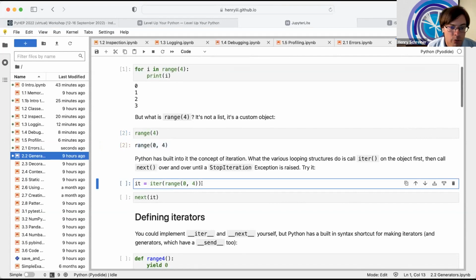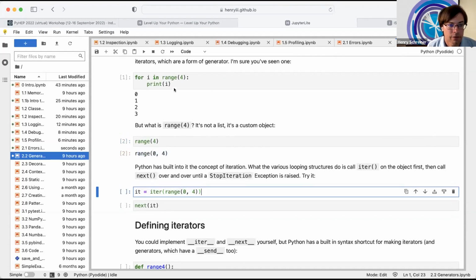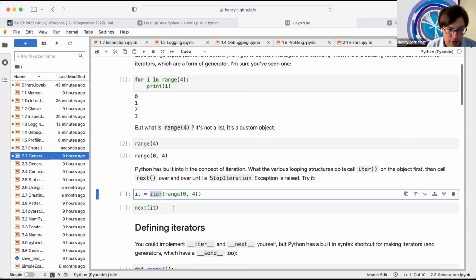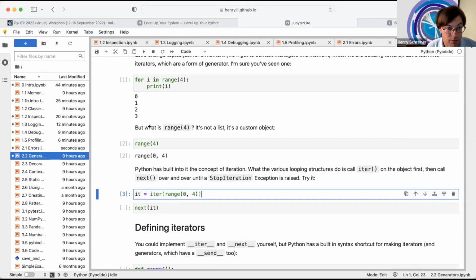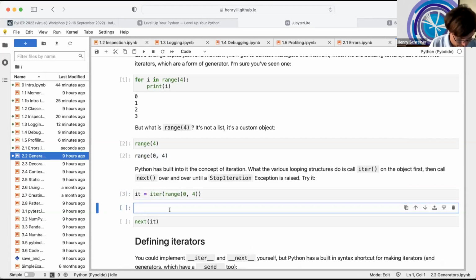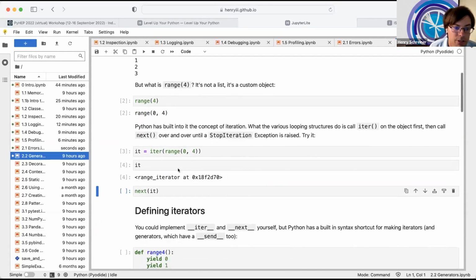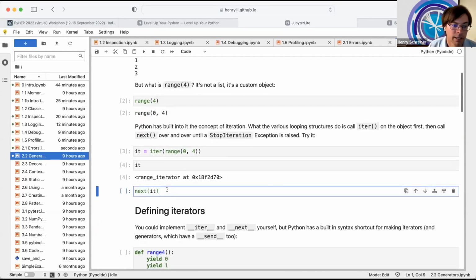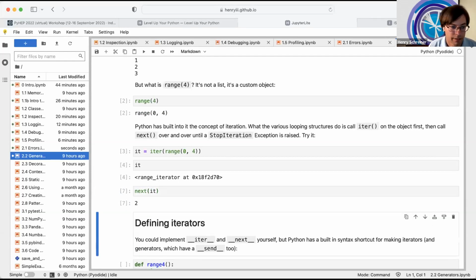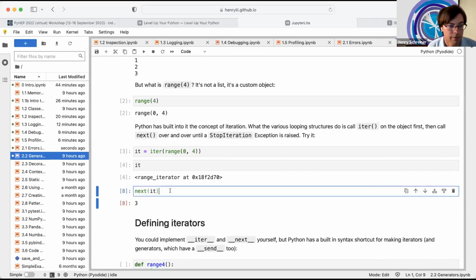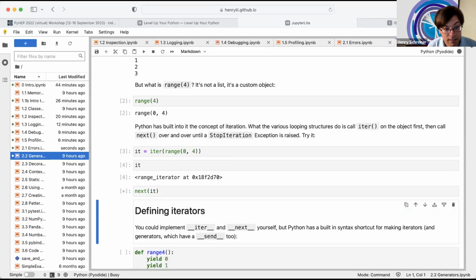So what Python is doing is whenever you have a for loop, what it really does is it calls iter on this. Iters often return the same thing, but that's important in case you need to have some sort of setup for your iterator. So I can show you. This is now a range iterator. And then if I call next, I get 0. If I call next again, I get 1. Next, I get 2. Next, I get 3. And then finally, if I call next the last time, that will raise a